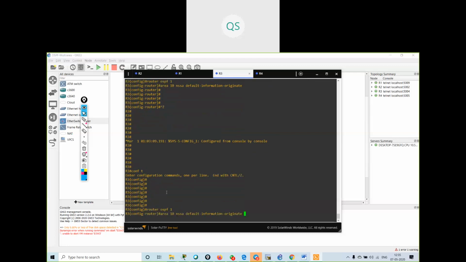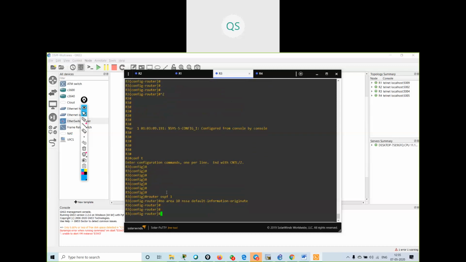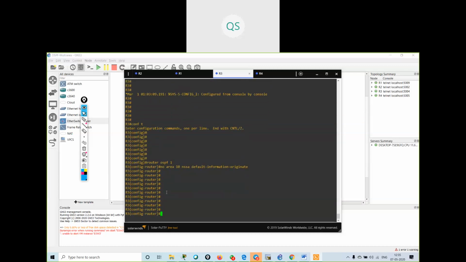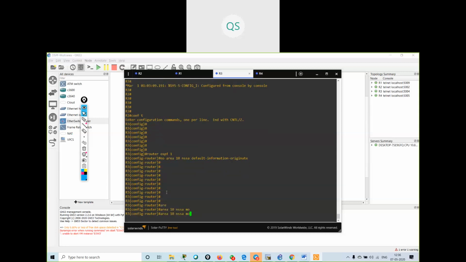I have to give one command over here: area 10 NSSA no-summary. I have to give this command.